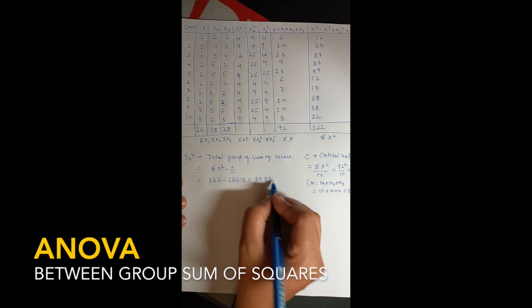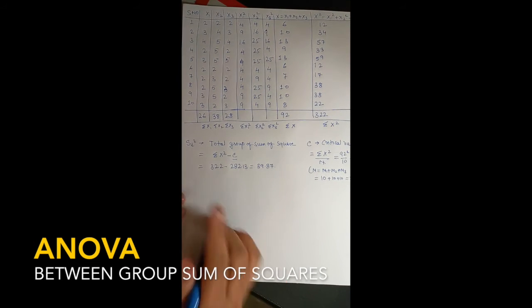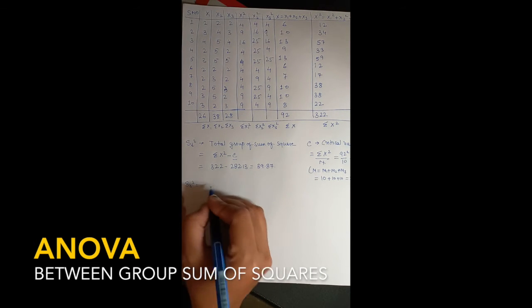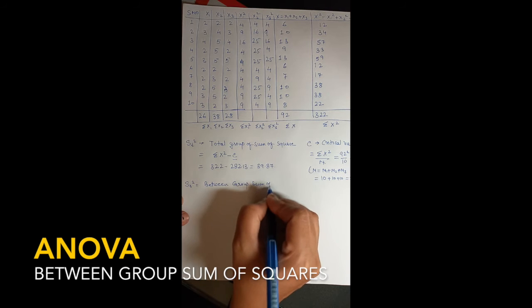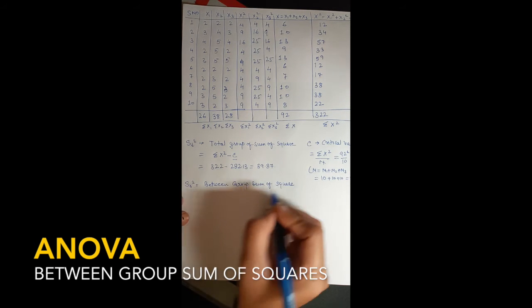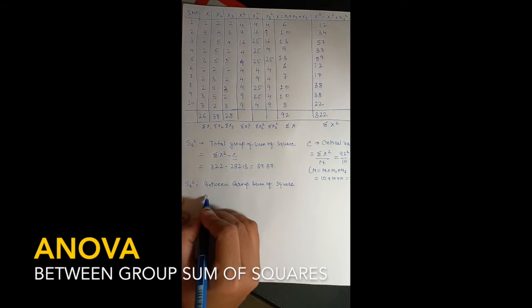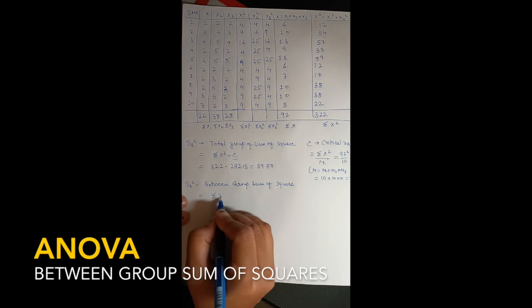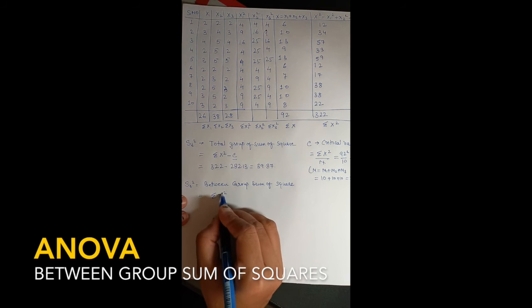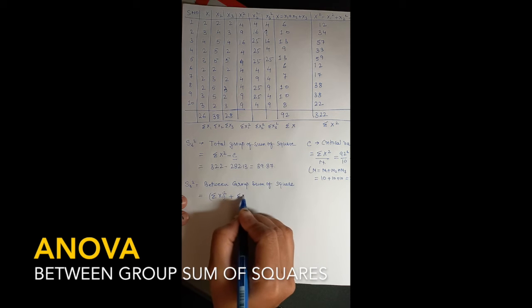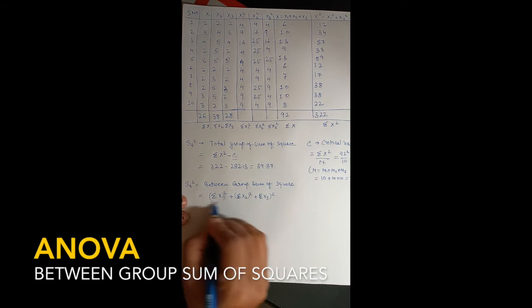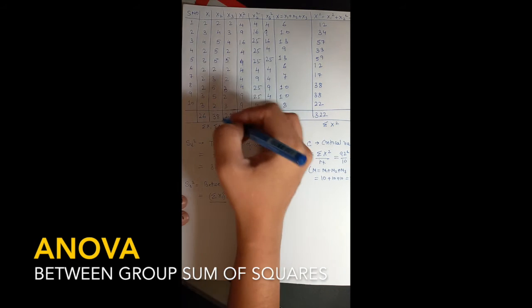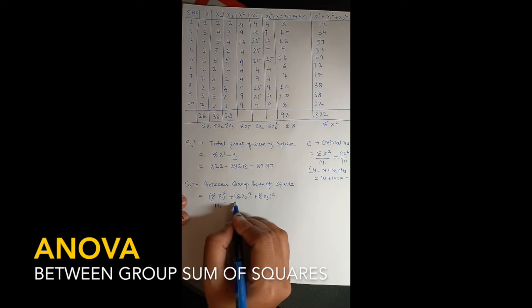So here we are done with the calculation of ST square, that is the total group sum of square. The next step will be to take out the sum of between group of square, so we call it between group sum of square. Right. The formula for it is very simple to remember. Sum of each variable, whole square of it. So here I am doing sum of x1 square plus sum of x2 square plus sum of x3 square, right. Then divide each one by the n of each, so n1, n2 and n3.